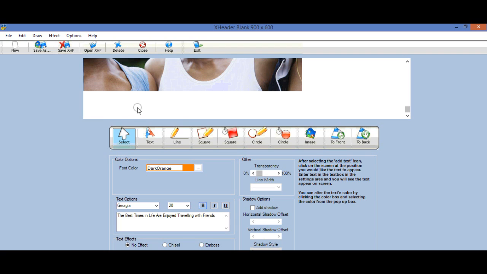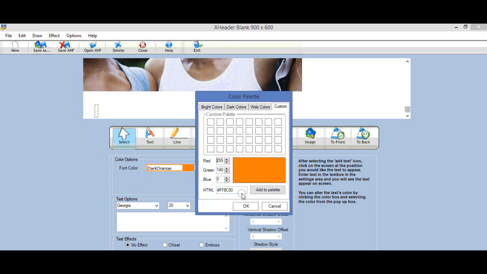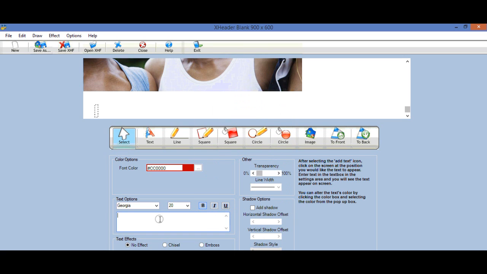No, I'm not. I'm going to use a different color, but I want text right here. So I want text right here, and I'm going to make it red. I could make it maroon, don't know how that's going to look. Let me choose custom. Let me go back to the standard that I know is a standard red, CC00, and say OK to that. And I'm going to say join